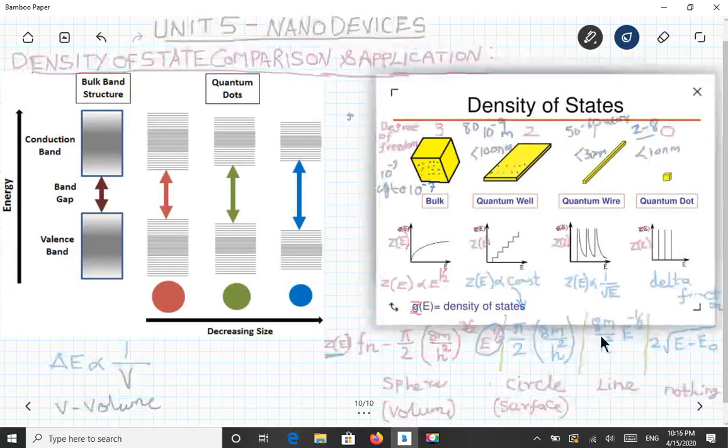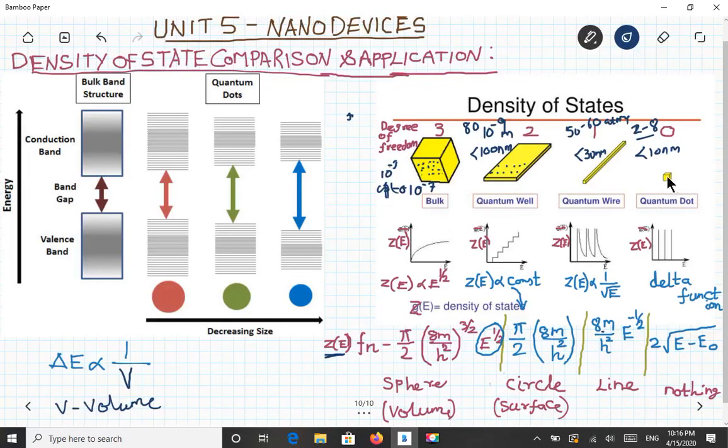It will just be present here only and nowhere else. It cannot move here or here or here, nothing. It cannot move in any part. It is only present in the given place. This is quantum dot. So we have restricted the motion of the electron, so that we are literally controlling each electron movement with this quantum dot. And the function is called the delta function.